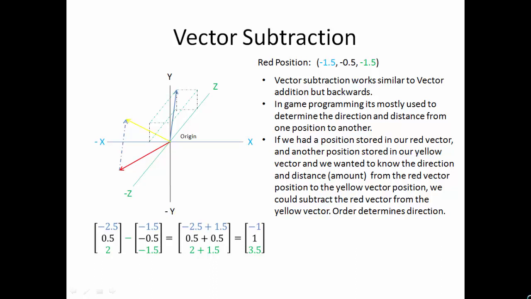So looking at our drawing, for vector subtraction, say we've got two vectors. We have two positions, the red vector position and the yellow vector position. This is basically deconstructing what we just did in vector addition. I think I'm actually using the exact same vectors here. But the way you might actually use this is, say you have a position of two objects in the 3D game world, and the player object is at the position in the red vector, and the game object that you want to look towards and know the distance to is at the position pointed to by the yellow vector. And so if you take the yellow vector and subtract the red vector, it will give you a result vector, which is the solid blue vector,